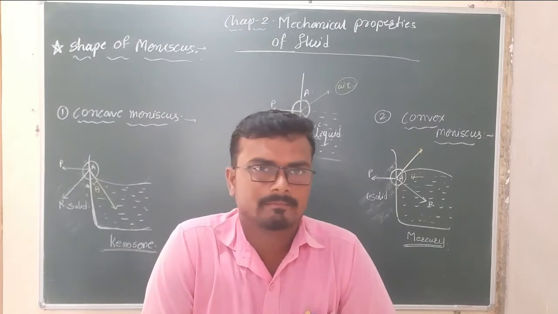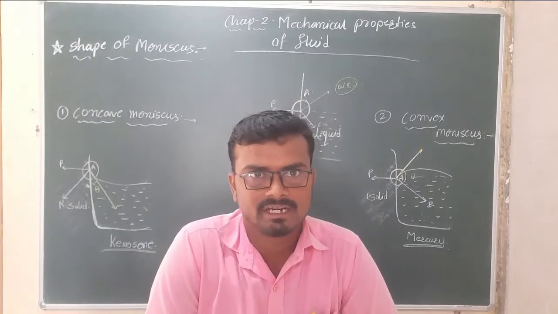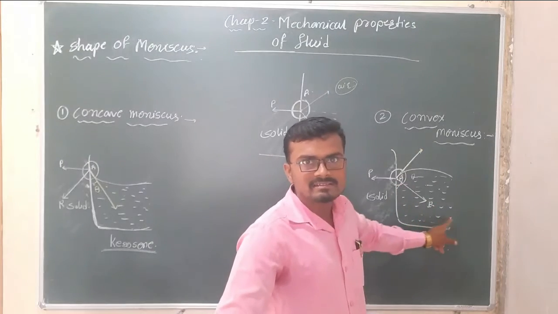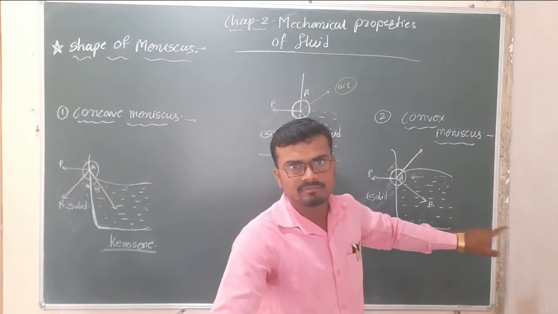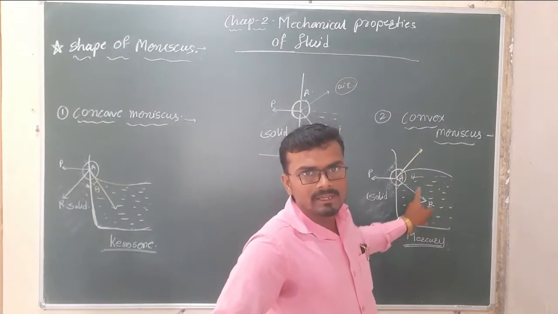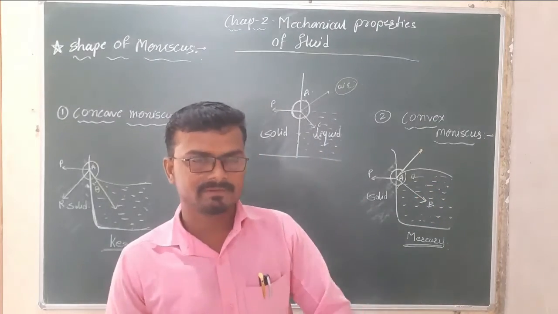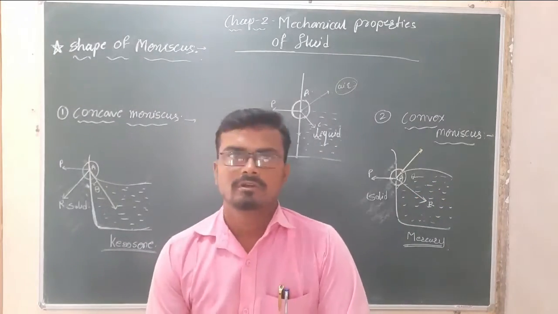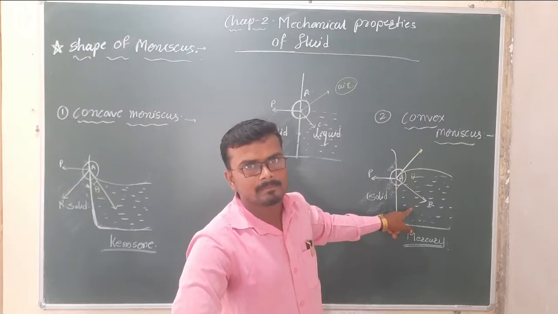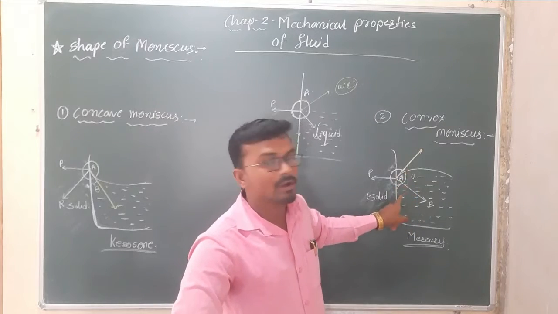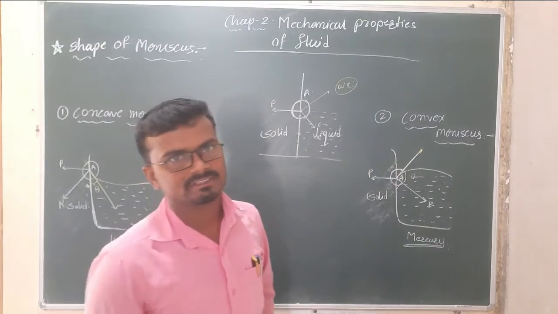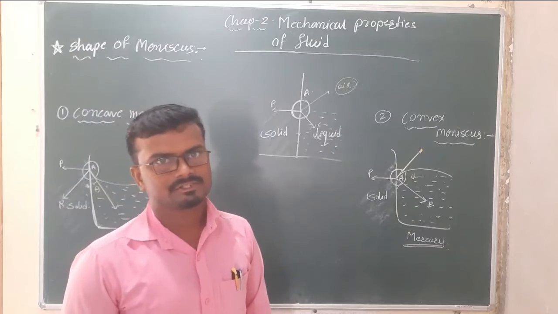Because of that, by the law of parallelogram of vector addition, the resultant force AR bar lies inside the liquid. And to be perpendicular to that resultant force, the liquid surface, or liquid meniscus, or free surface of the liquid gets a convex shape as shown in this figure. Okay? And in this case, the angle of contact is greater than 90 degrees, or an obtuse angle. This is the reason for that question.